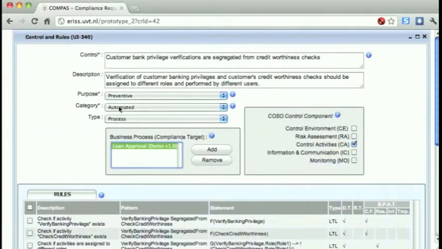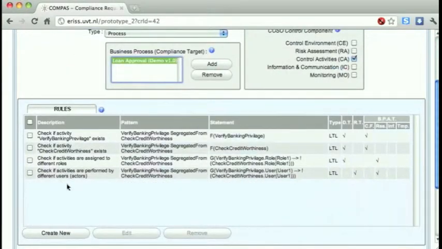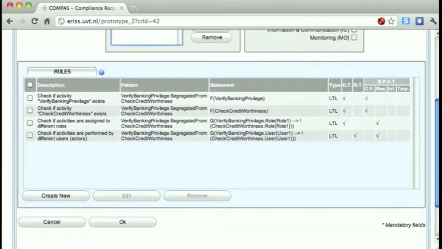For those process controls that are preventive and automated, we define formal rules, as listed here. These rules will be used for the automated verification and monitoring of our business processes in different phases of the business process lifecycle. You can still manually create and edit formal rules right from here, but this requires significant knowledge